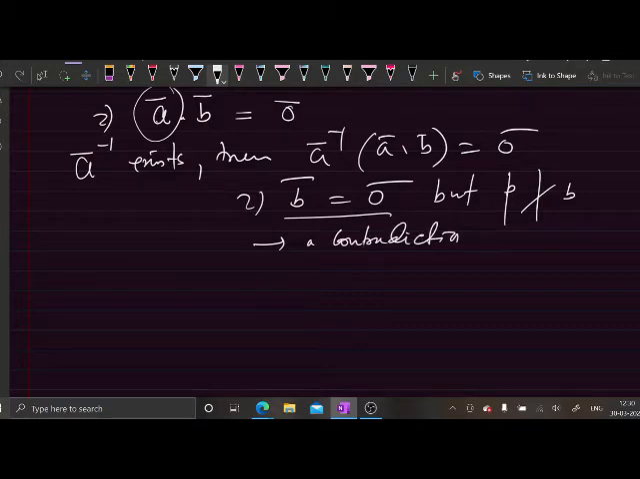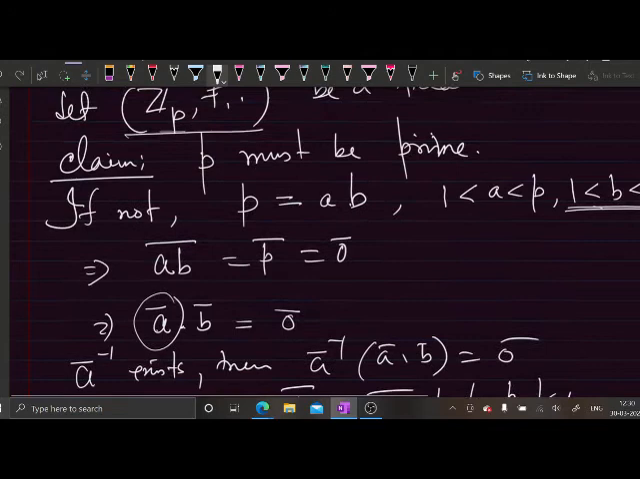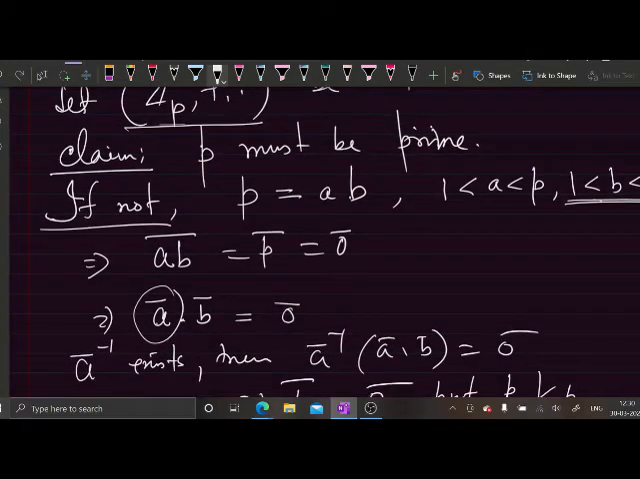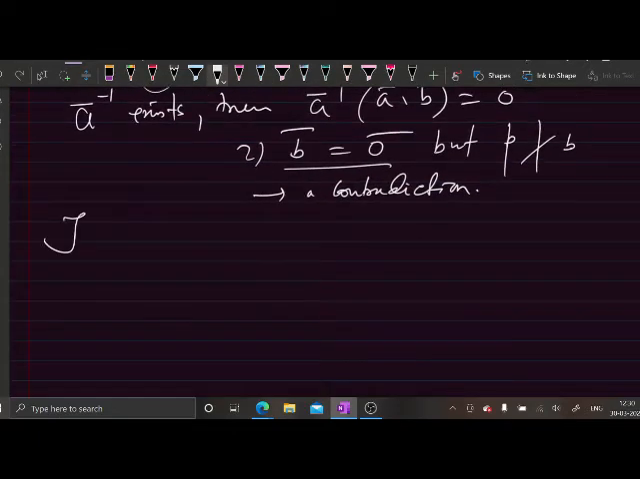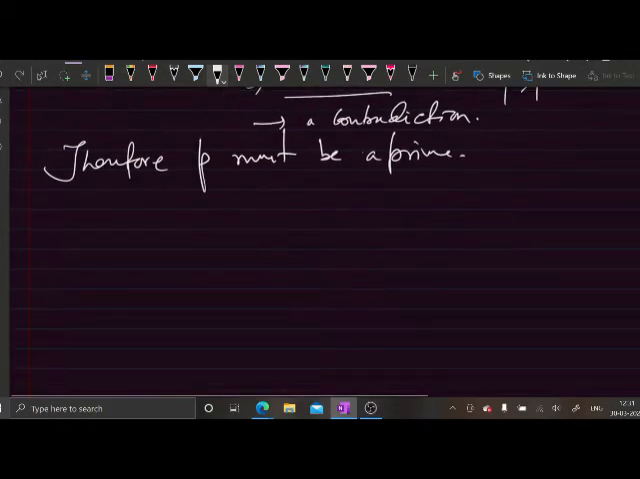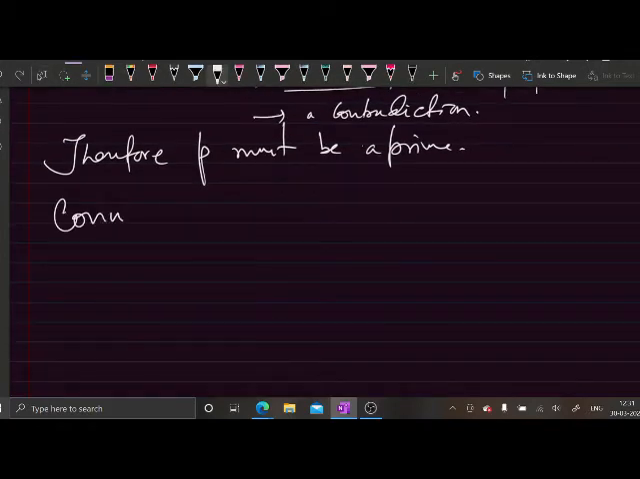So therefore what we have assumed, that p is not a prime, was false. So therefore p must be a prime. Okay. Now conversely, suppose that